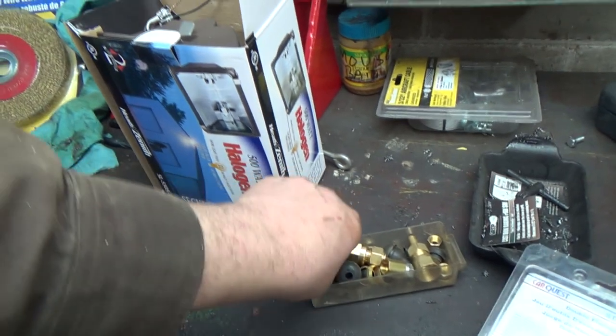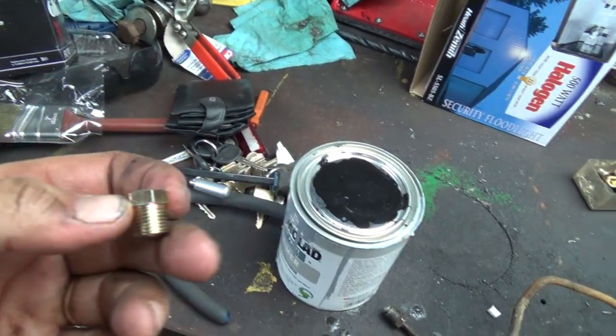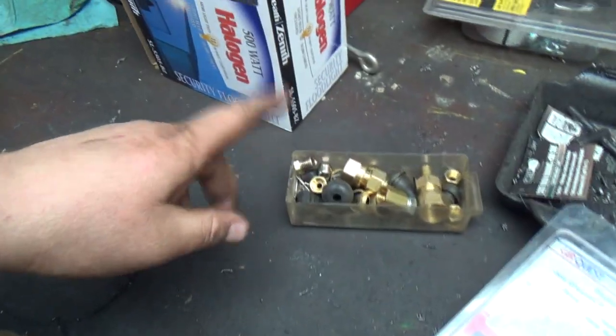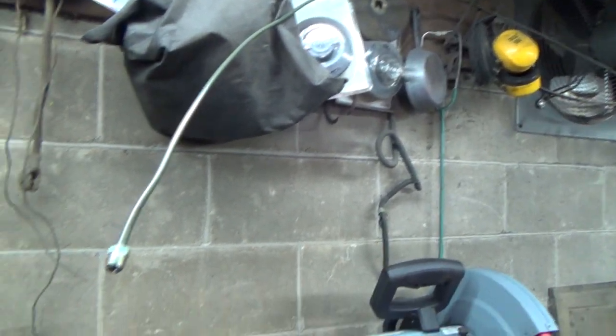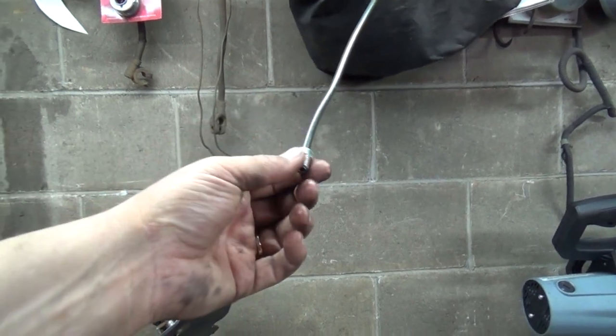I shouldn't have put that away. I need that thing. But anyways, I'm going to go try threading this on here and just make sure it's okay. Yep, that seems to be the one. So I'll keep that one in there for a spare. Probably going to need her eventually here. So hopefully 11 feet of this stuff is going to be long enough. I think it should be. Better be. Well, I did actually get another spool of stuff, but